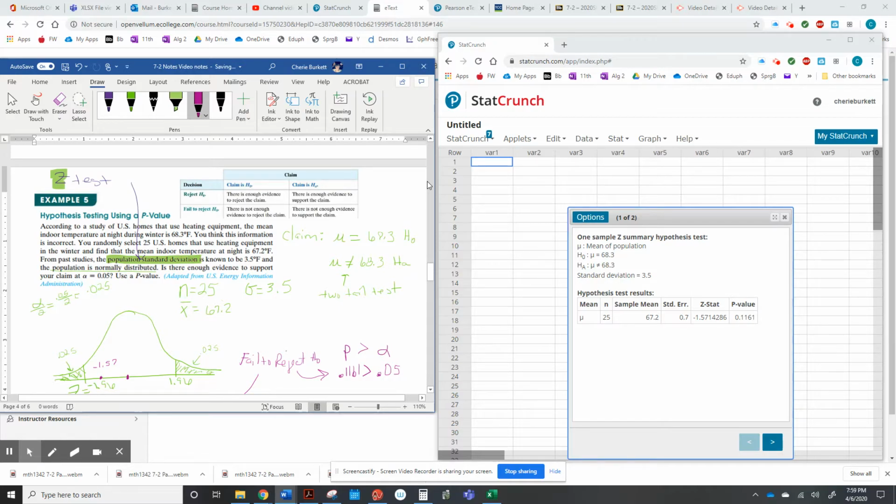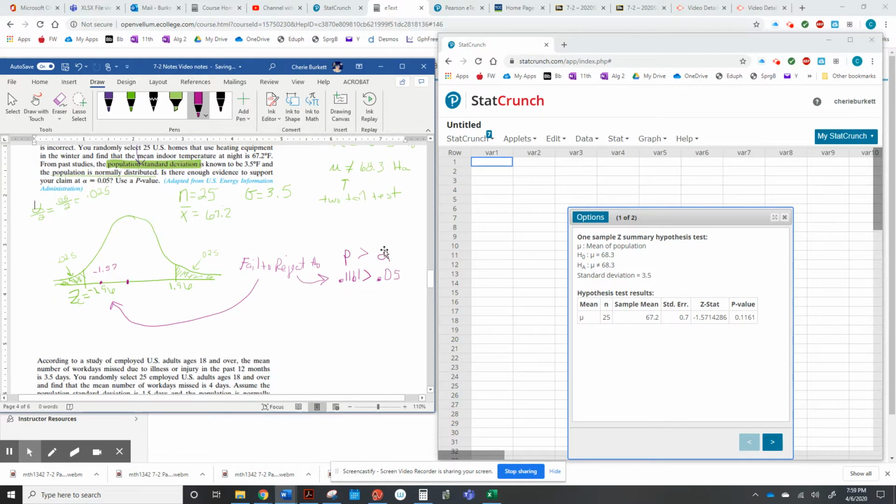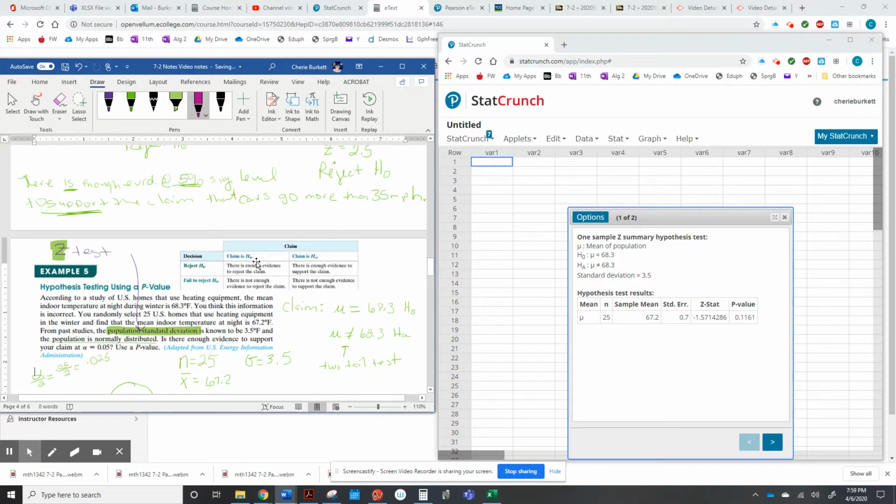There is not enough evidence at 5% significance level to reject the claim